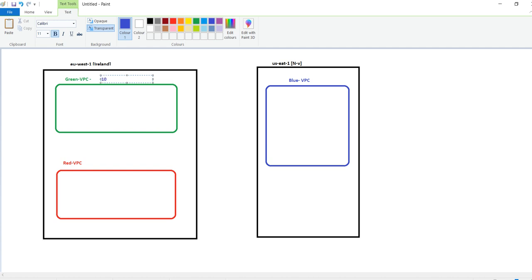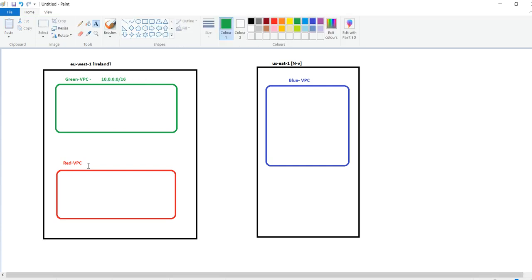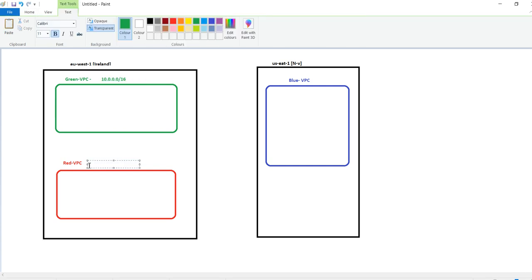So let us give the IP ranges also here. 10.0.0.0/16 for the green VPC, and for the red VPC I'll give 172.0.0.0/16.